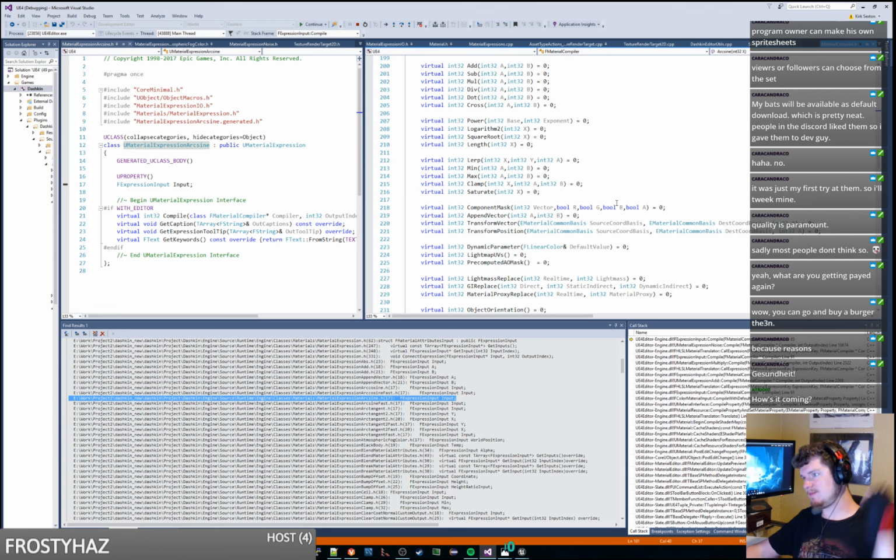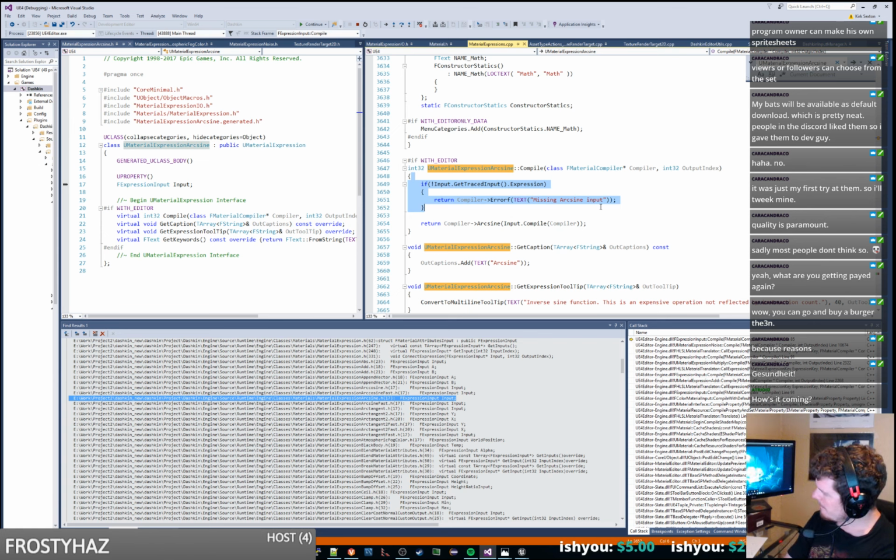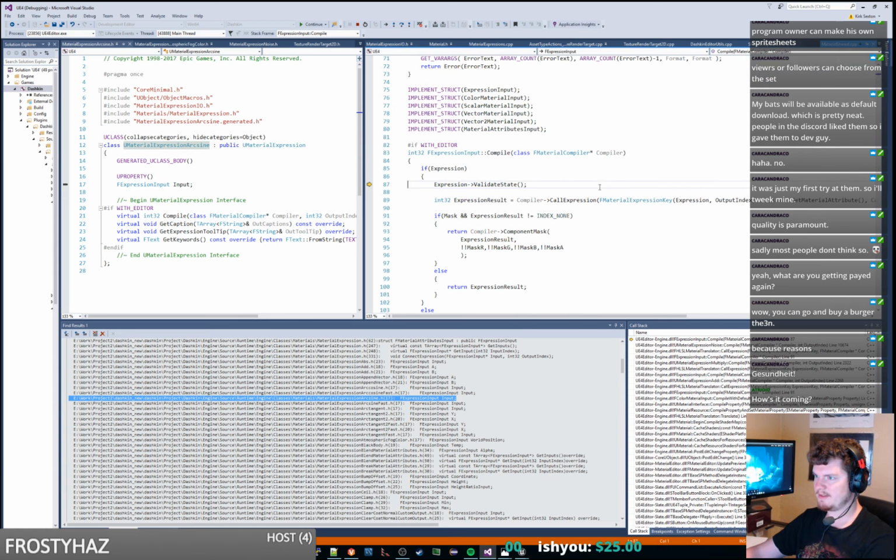And it doesn't look like as much as I want. That is unfortunate. Because what I want to be able to do is I want the compiler to be able to resolve these things. So for the noise function, the compile actually has to like